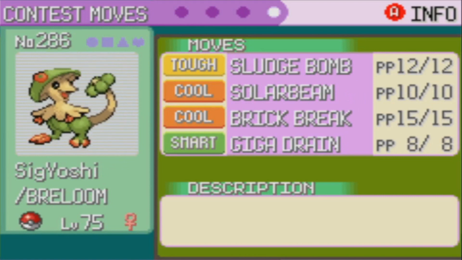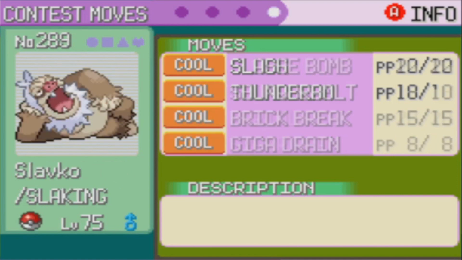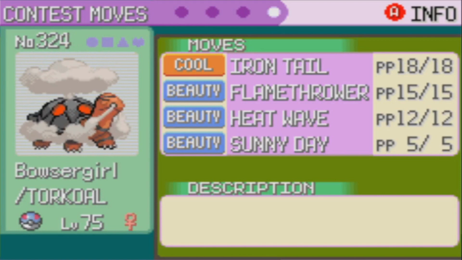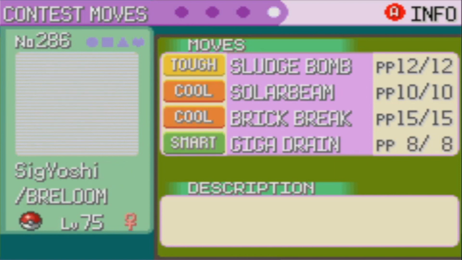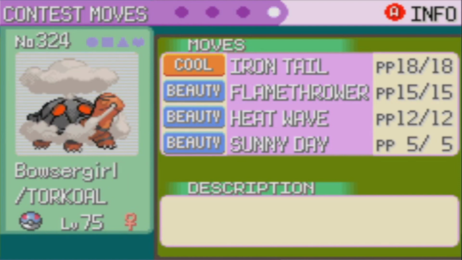But yeah, you can see that, for example, Dark Lord here has 3 smart moves. Slavko actually has 4 cool moves, so I think I know what contest he's going to be entering. Bowser Girl has 3 beauty, so I could easily enter her in the beauty contest. So yeah, essentially that's what I'm going to be focusing on. I guess I'll be focusing on these 3 specific Pokemon, and I'll go ahead and, well, actually I might do Bowser Girl first. Just because I do actually have some appropriate Pokeblocks already, since that's what I needed to raise